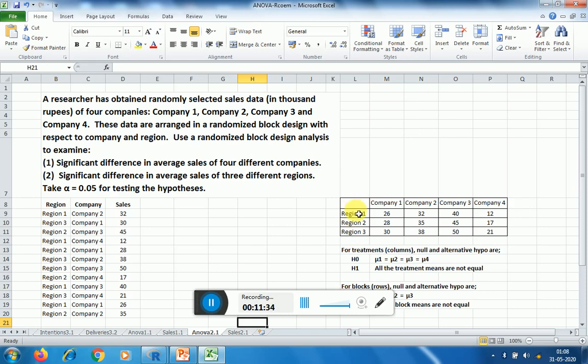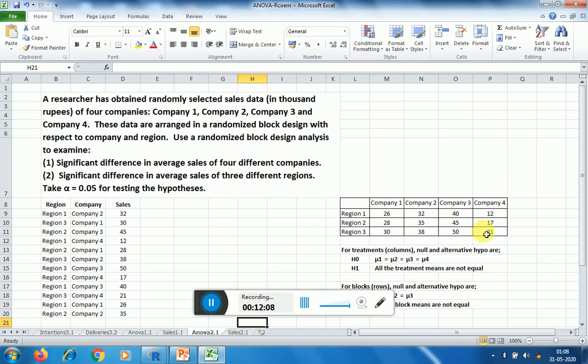Now we can also see that the sales of these companies may be influenced by the region where we are selling the product. Because of various regulations existing in these regions, the sales may differ between the companies as well. These different conditions may be like tax policies or transportation cost or any other such factors which may also impact your response variable, that is sales, between the various companies.